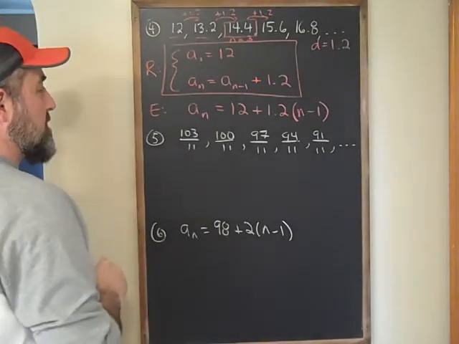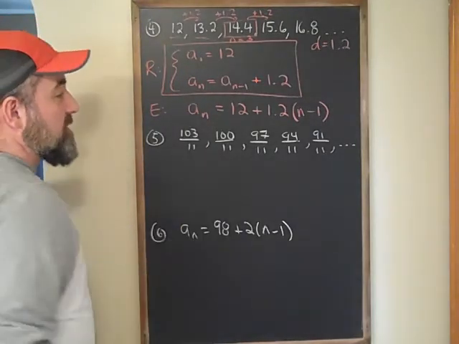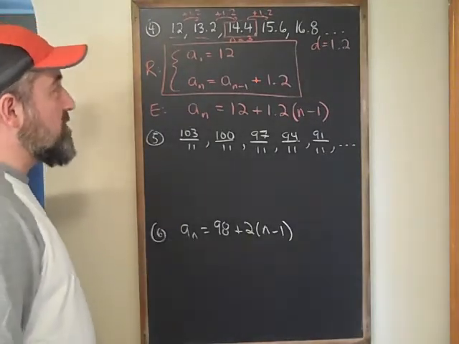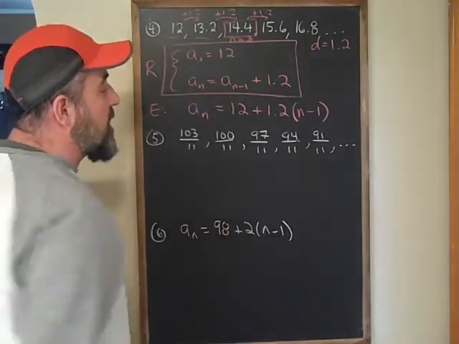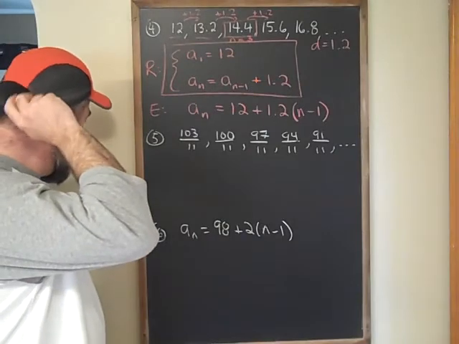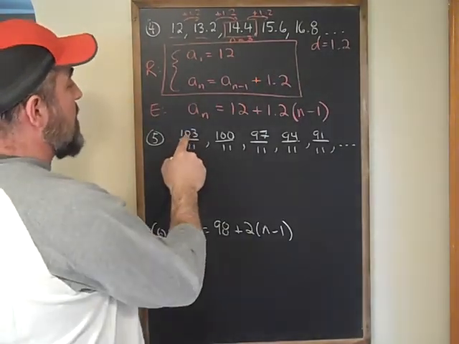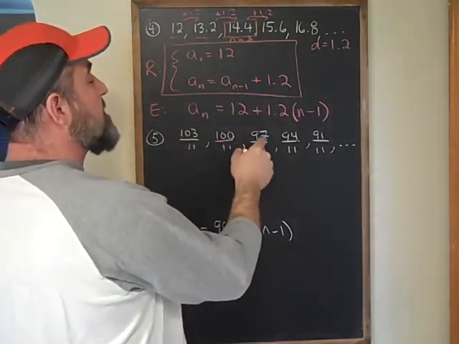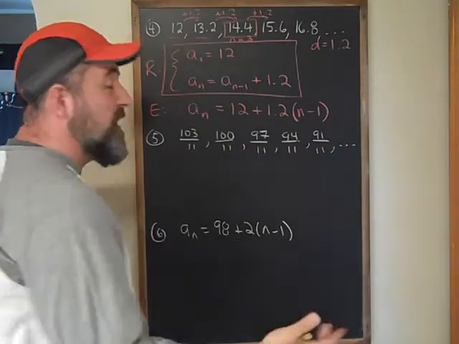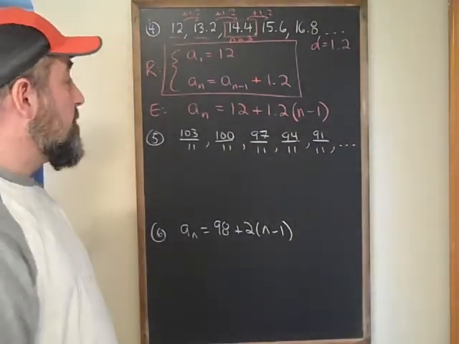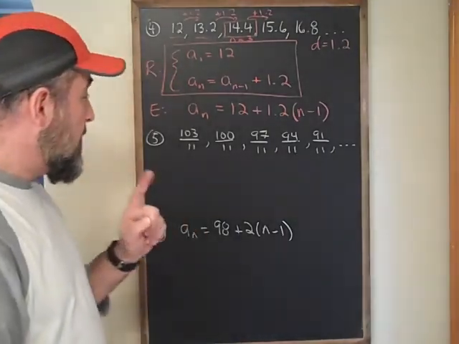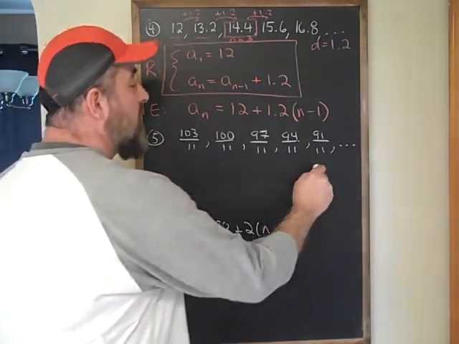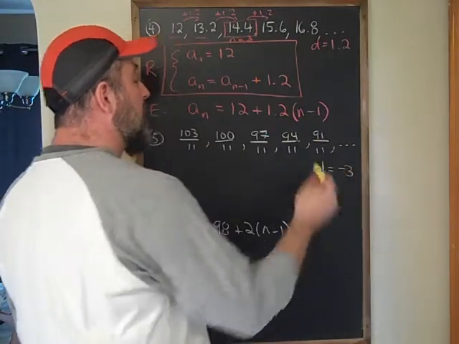Recursive, explicit. Now, this next one. Oh my God, look at all those fractions. Well, fortunately all the denominators are still 11. Now let me look at the numerators: 103 to 100 to 97 to 94 to 91. It seems like we're subtracting 3 from the numerator. So be careful. If you're thinking the constant difference is minus 3,